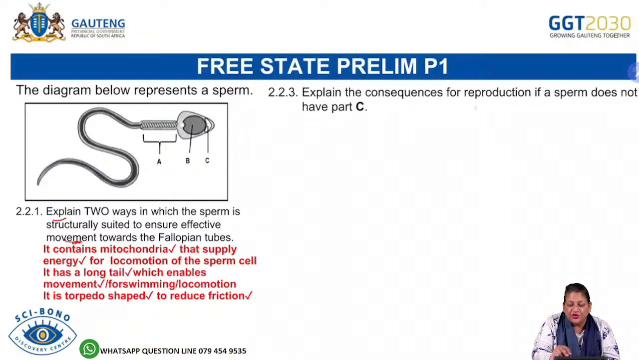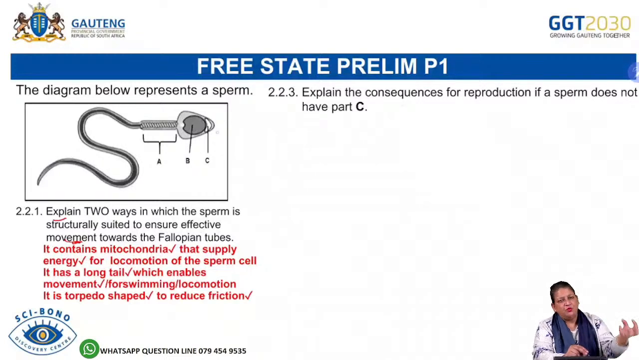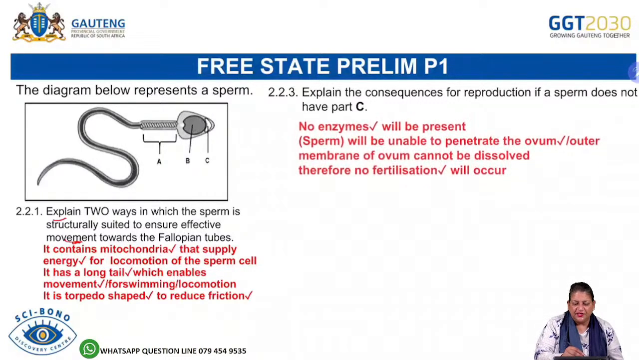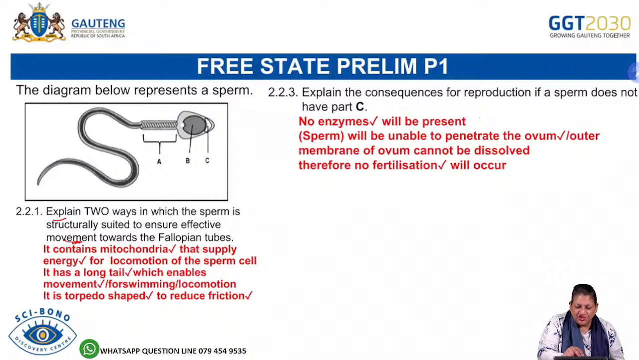Explain the consequence for reproduction if a sperm cell does not have part C. So I'll tell you that. C is the acrosome. It secretes enzymes to digest the membrane of the ovum. Therefore, if there is no C, there is no enzyme to digest the ovum membrane, and therefore the nucleus of the sperm will not be able to fertilize the nucleus of the ovum. There will be no fertilization. And that's how you explain that no enzyme will be present. The sperm will be unable to penetrate the ovum or the outer membrane, and therefore there's going to be no